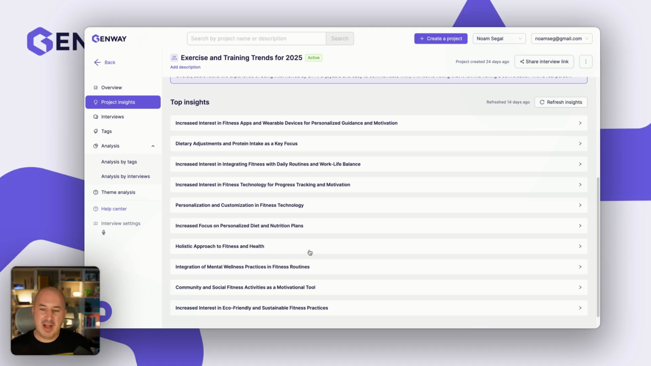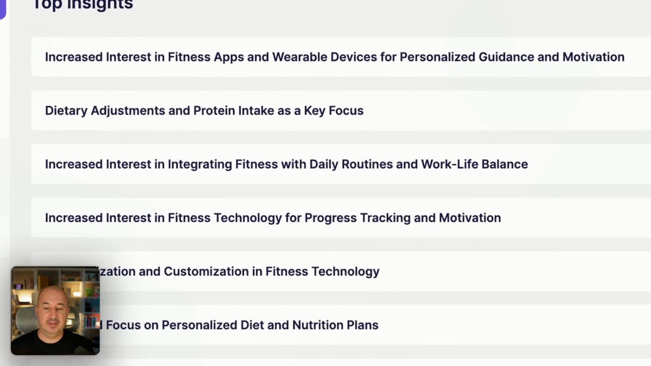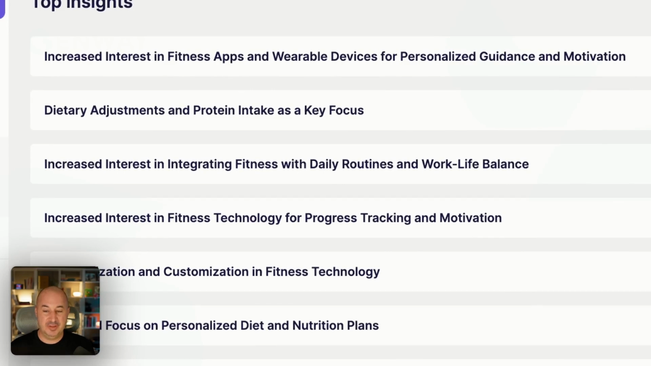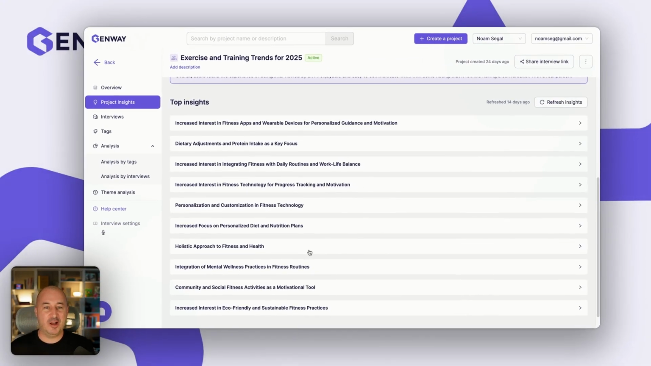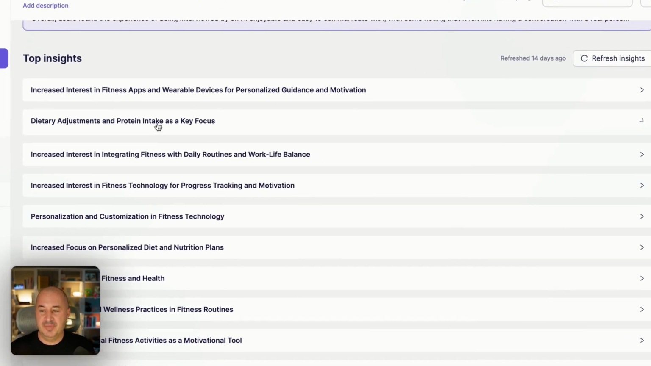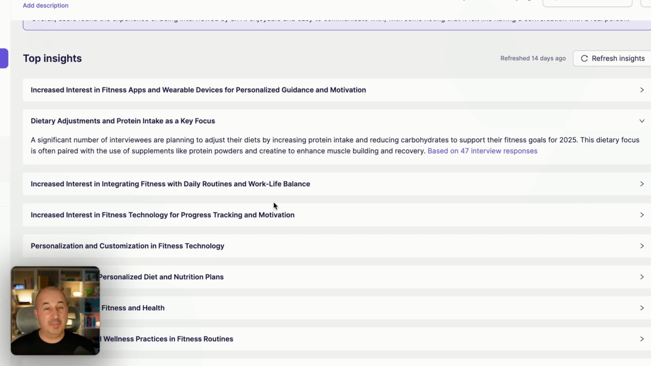And here I start to notice that some insights are surprising to me, perhaps make me more curious. Maybe they were unexpected. For example, one insight I notice is that people are making dietary adjustments and focusing on their protein intake as a key focus. I know that sugar used to be the enemy. I know that carbs used to be the enemy. Is it the case that they're not the enemy anymore and now protein is our friend? I don't know. But if I click on this top insight, I can read more about it, first of all,